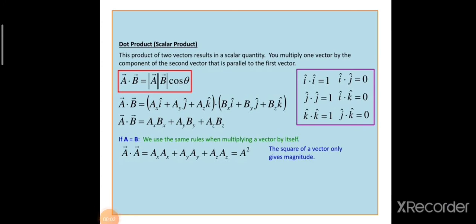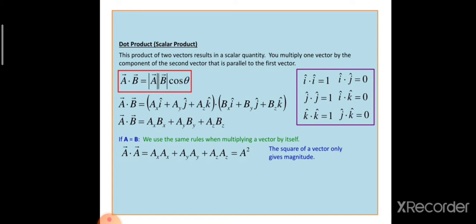So we have discussed that the dot product or scalar product A dot B is equivalent to modulus of vector A into modulus of vector B into cos of the angle between vectors A and B. Suppose vector A and vector B are given in the form AXI plus AYJ plus AZK, and vector B is equivalent to BXI plus BYJ plus BZK, then A dot B will be equivalent to AX BX plus AY BY plus AZ BZ, since all other dot products other than I dot I, J dot J and K dot K become 0.